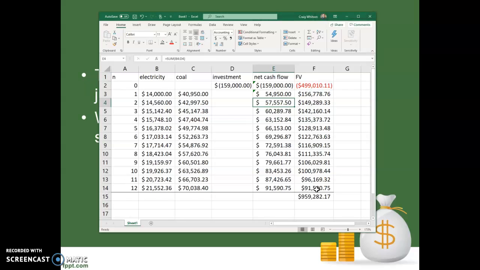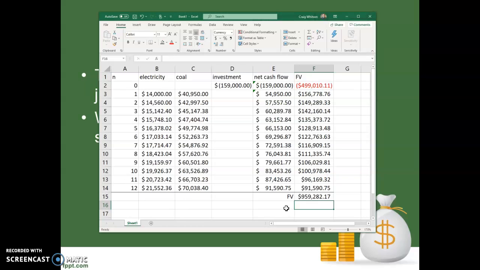And we can tell that we did it right because when we get down to the end here, the 12th year, that amount of money that we save in the 12th year, its future value is equal to its face value. It doesn't increase at all because it hasn't had any time to gather interest. So here we have all of our future values in this last column, and at the bottom I've summed it up. I've just added all of these values. So this is telling us right here, this is the total future value of this project, $959,000, which is above and beyond our